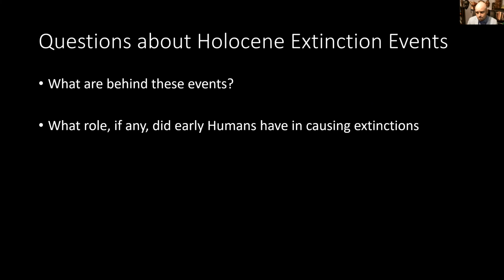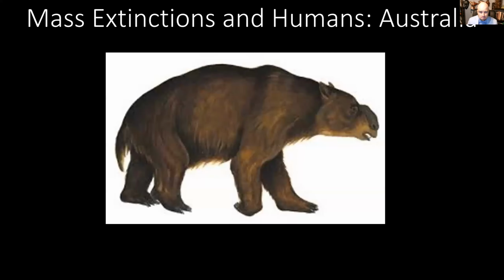When we talk about modern humans, they are somewhat different than other hominins in Asia and Europe, though, as we'll see later, the scale of extinctions in Africa, Asia, and Europe are not nearly as extensive as they are for these megafauna elsewhere in the world. So one of the earliest of these large-scale extinctions that's worth talking about a bit is in Australia.